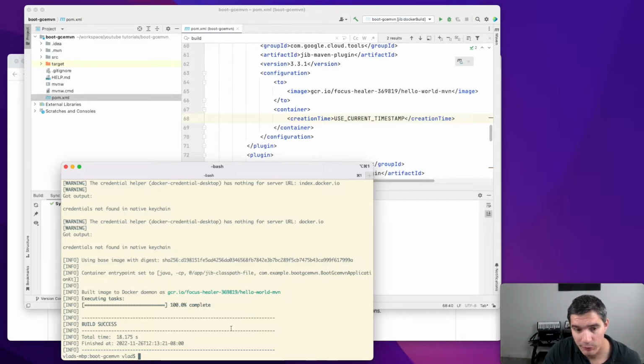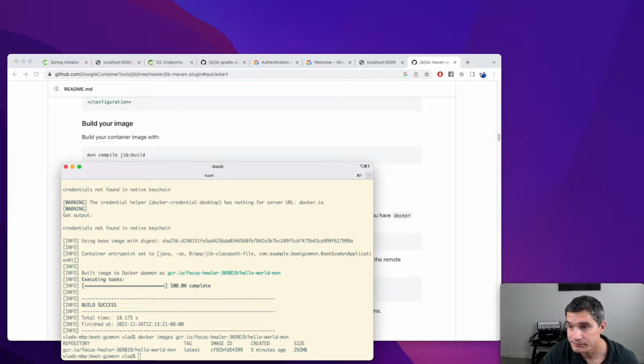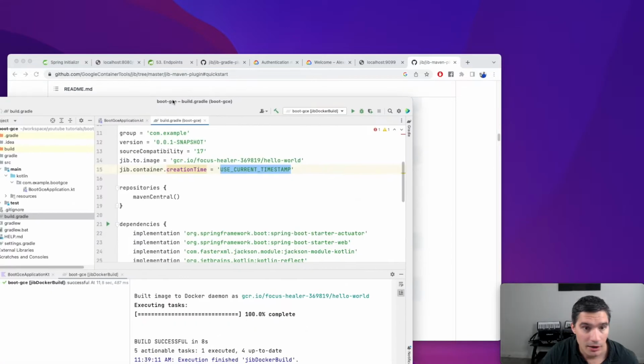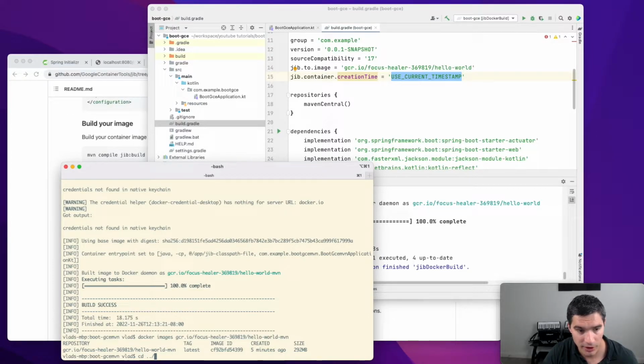The image finished building. So if we do docker images and our hello world mvn image, we will see that yeah, it was created recently. So everything is in order. Now we can switch back to our Gradle project and continue on pushing the image to Google Cloud Container Registry. So minimize this one and bring in the Gradle project, and also in here navigate to